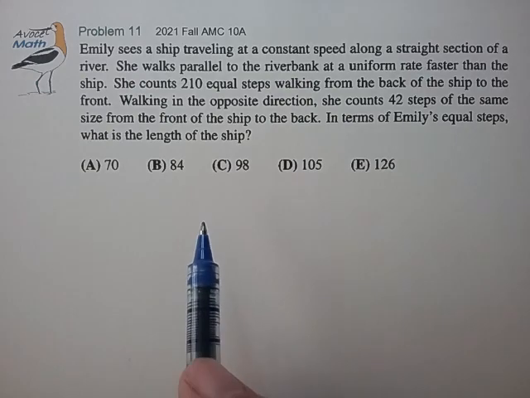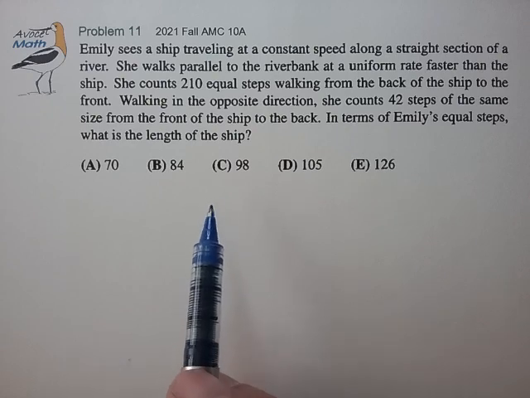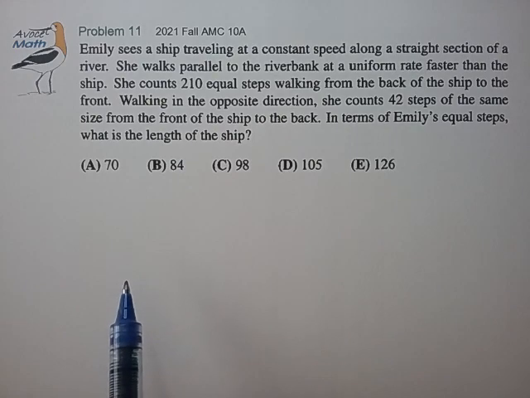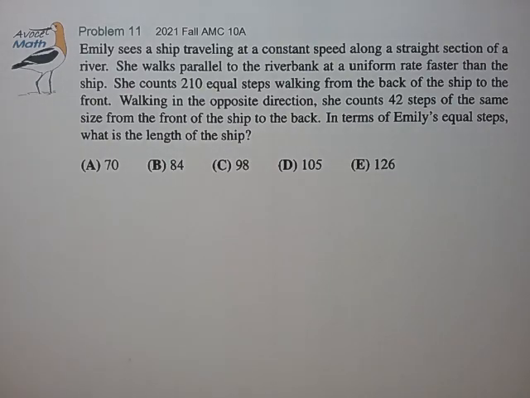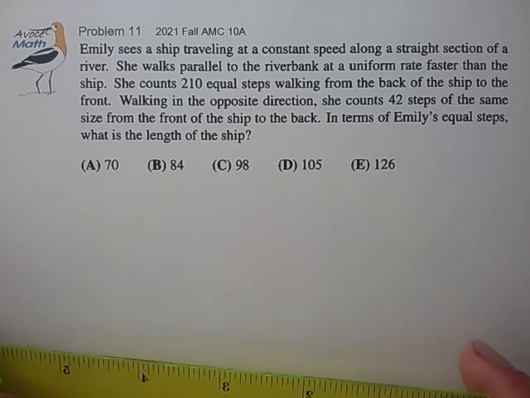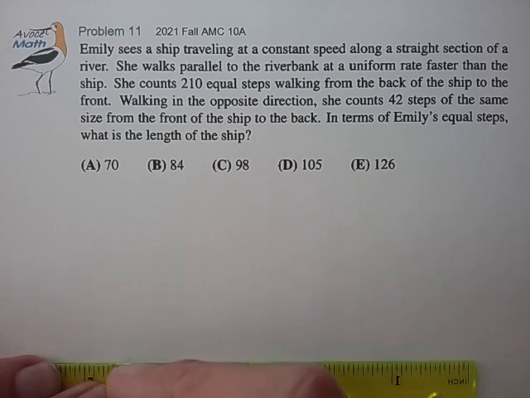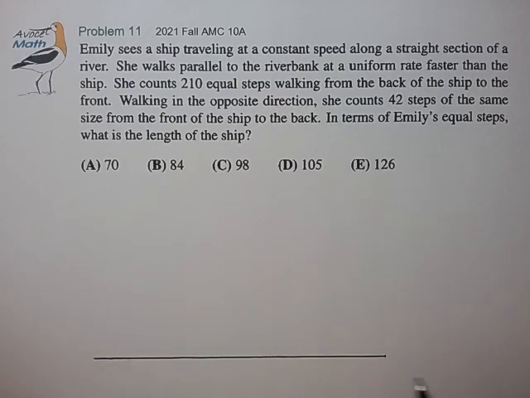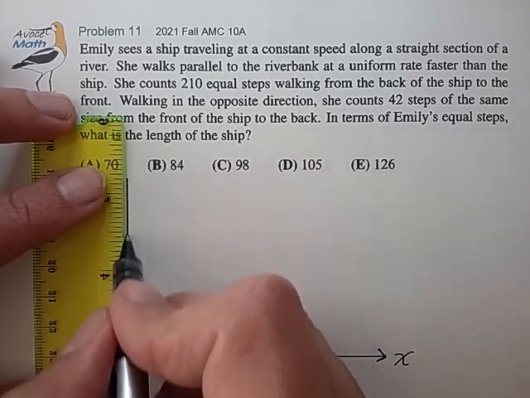All right, so this seems like a rate, time, and distance problem that we could probably solve with a lot of algebra, but whenever possible, I like to draw a picture of what's going on, and I think this problem lends itself to a useful picture. So let's try to map out what's happening with regard to Emily's frame of reference. So this is the distance along the riverbank, x, and this is the time elapsed,